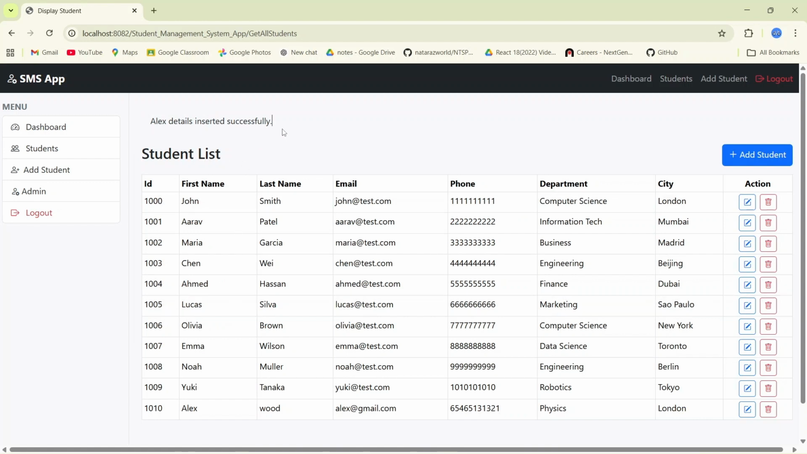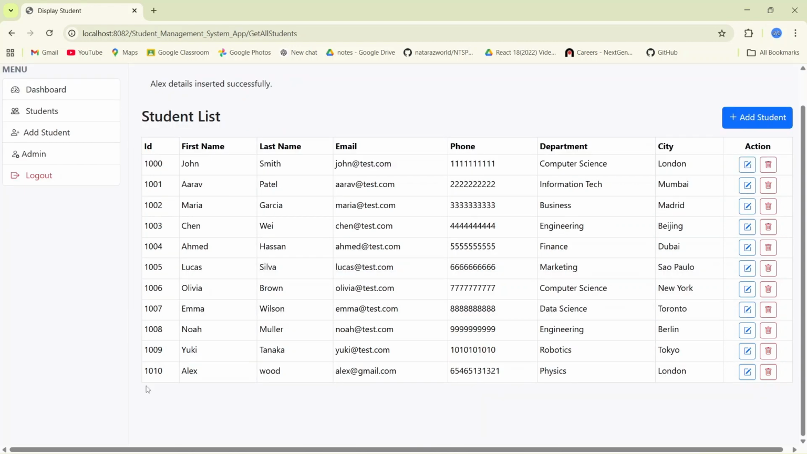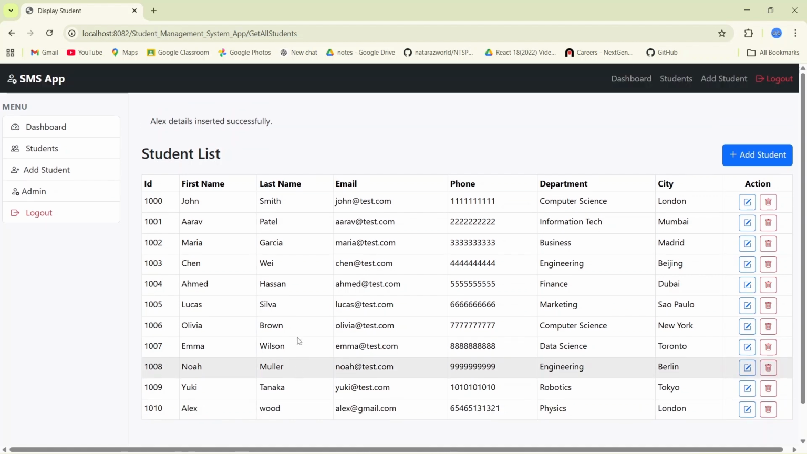Here it is saying Alex details inserted successfully, and you can also see Alex's value down here, physics, London. So this is how the add student implementation works, and in the next video we will see